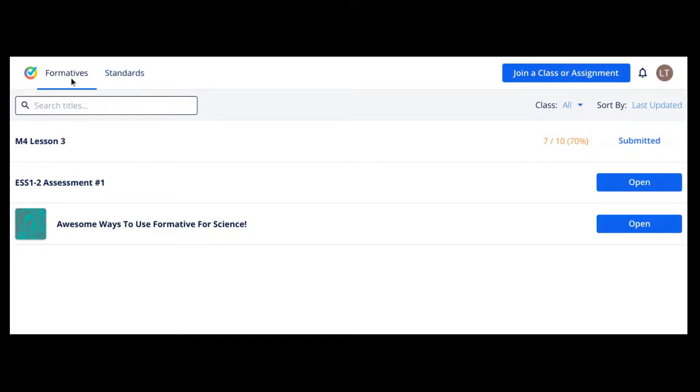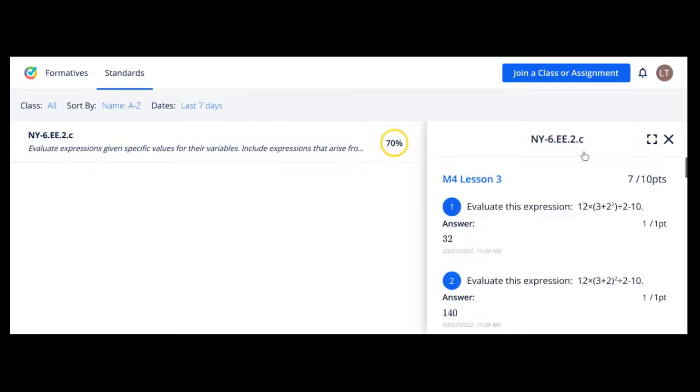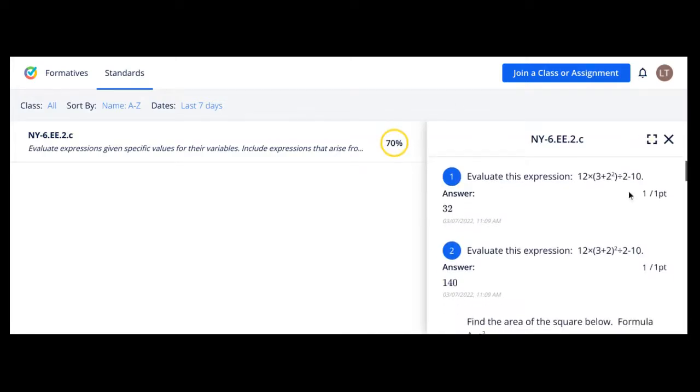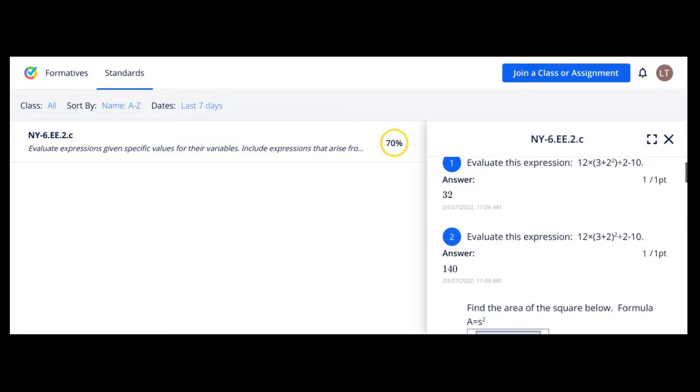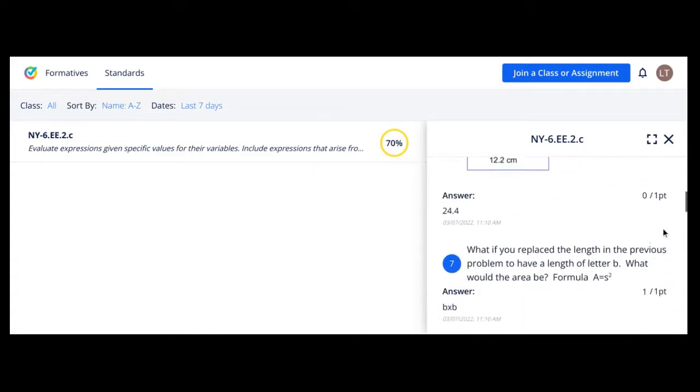So the cool thing is that there's also a tab up here for standards. So if you have tagged standards to other questions in Formative, they will come here as a list. The students can sort by class and they can find the standard they're looking for and they can see how they're doing. And once I click on it, it opens over here to the right hand side and I can see which ones I got correct and which ones I did not get correct